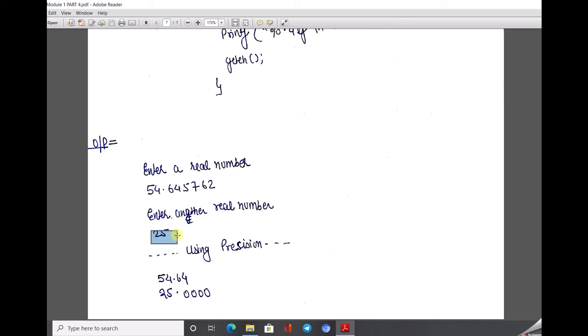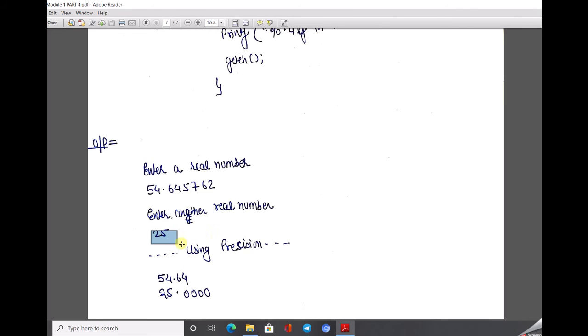So how can I show the precision? Don't be confused, there is no confusion for the compiler. The compiler just reads a real number, and since it wants to show the precision, you apply the point and the number of zeros you want.